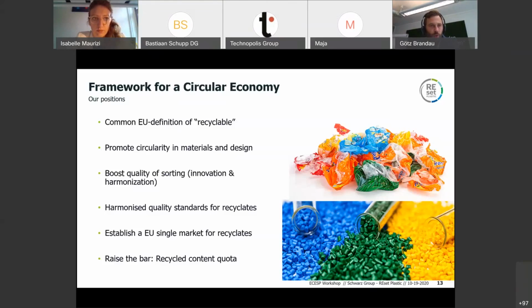From our point of view, looking at circularity and keeping the materials in the loop, whenever we use plastics, it's important that we have a recycling scheme and system that is fit for purpose to keep these materials in the loop. So we need to really get the recycling done and to get it to work to cover this side of the loop. Final word, European market, circular economy can only work if it makes economic sense. So we need to give value to recycled materials to make the circular economy work. Thank you very much. Looking forward to your questions.